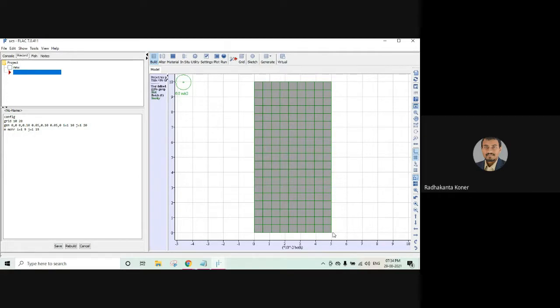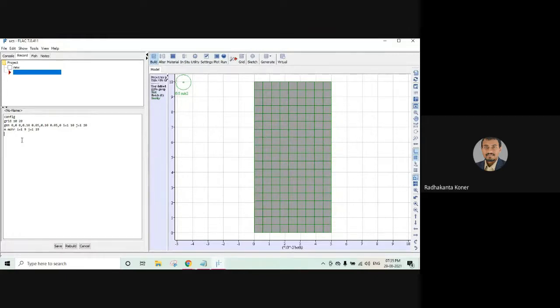So 5 millimeter by 5 millimeter is my grid size, and the top height is 100 mm, so that size ratio is maintained. First we have mentioned the grid 10 by 20. Then we have generated this block of 0, 0, 0, 0.1, then 0.05, 0.1, then 0.05, 0. So these are the 4 points, and I is 1 to 10 and J is 1 to 20. So the geometry is created, and that is what you are observing.